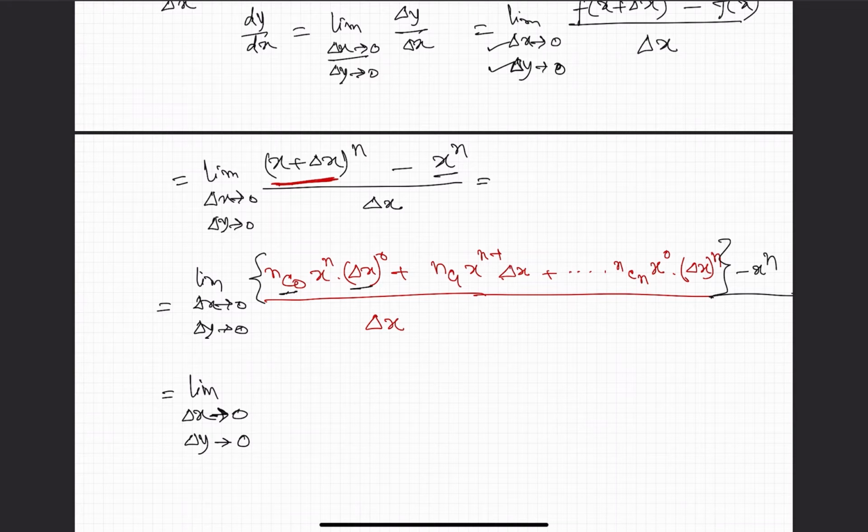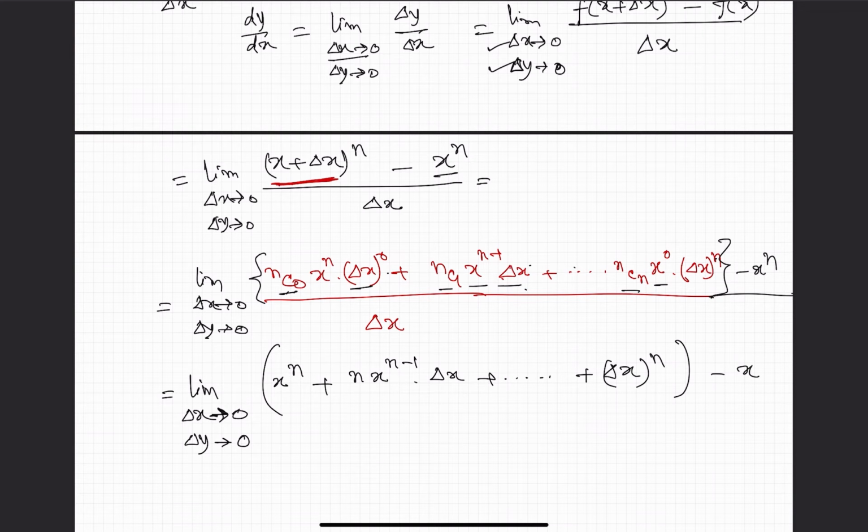nC0 is 1, this is 1, so this would be just x^n plus this is n, this is x to the power n minus 1, and this is just del x, so we will write it as it is, x to the power n minus 1 del x, plus all the terms here which will be containing this del x with increasing power, as it is increasing from 0, 1, 2, 3 the power, and the last term would be taking the nth power of del x. So the last term would be nCn is 1, this is 1, and this is only del x to the power n,